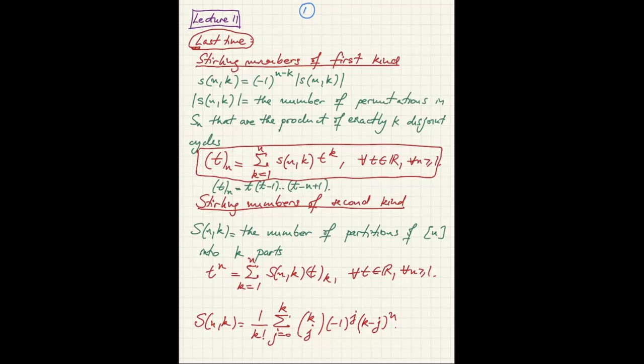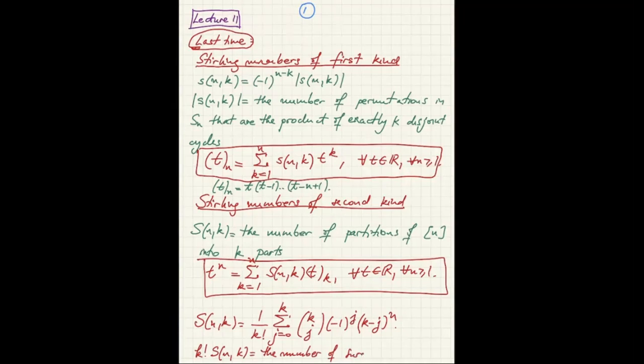And we also proved using induction on n that when we expand t to the n in terms of these falling factorials from k equals 1 to n, the coefficients are going to be the Stirling numbers of the second kind. And one more thing we proved last time, we actually showed that k factorial times S(n,k) equals the number